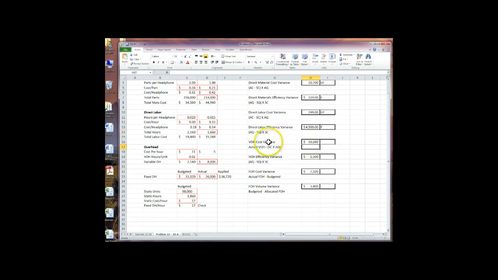Now we have our variable cost variance. So if you remember from the last problem, it gives you this funky formula. Really that is actual cost times actual quantity, but we could just go ahead and use their formula. Actual variable overhead, which they give us, minus standard cost. What is our standard cost? It's going to be this $11